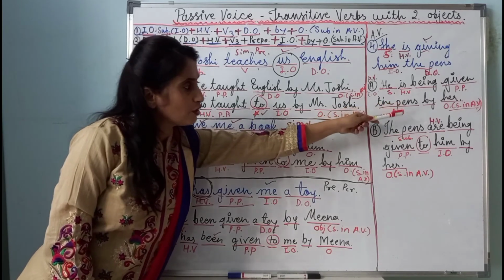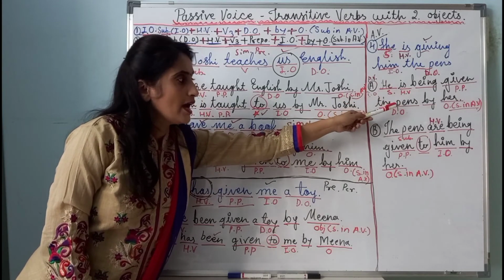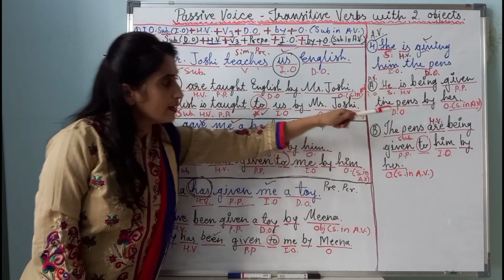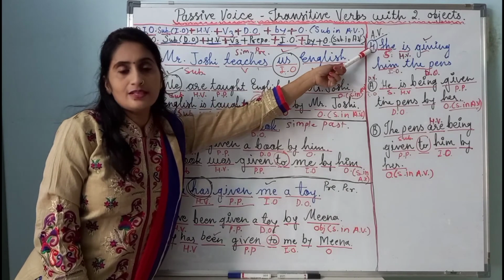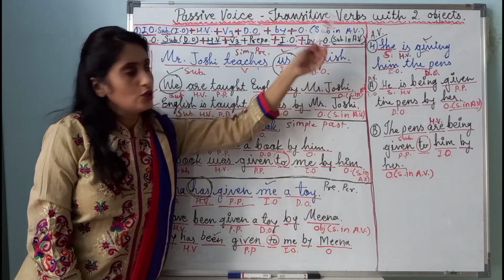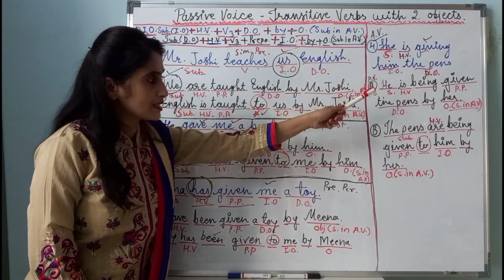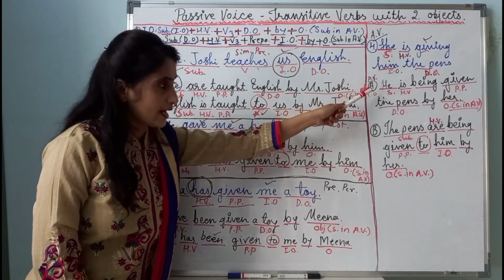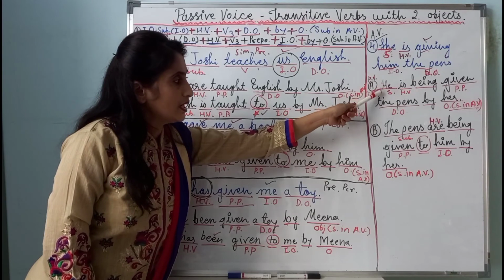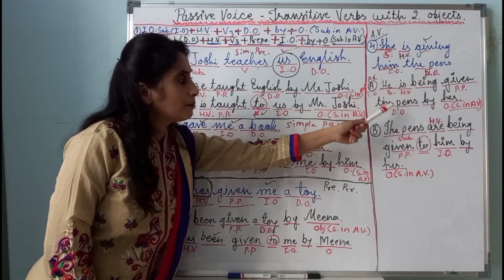The pens. Then, according to the structure, by, and finally her. Why her? Because in this sentence she is the subject. So the conversion of the sentence, she is giving him the pens, is he is being given the pens